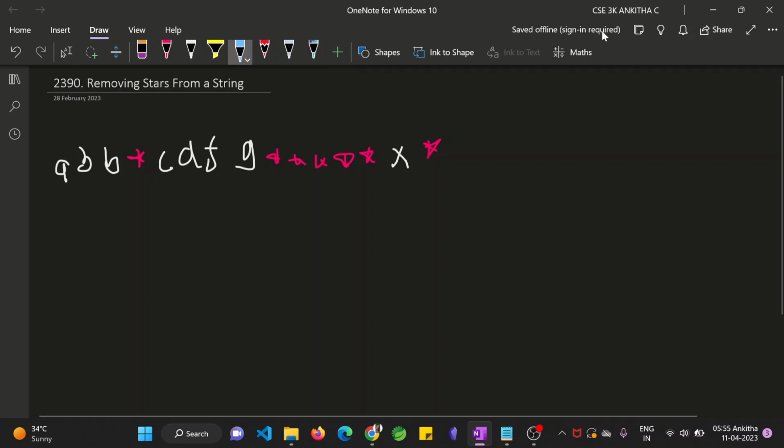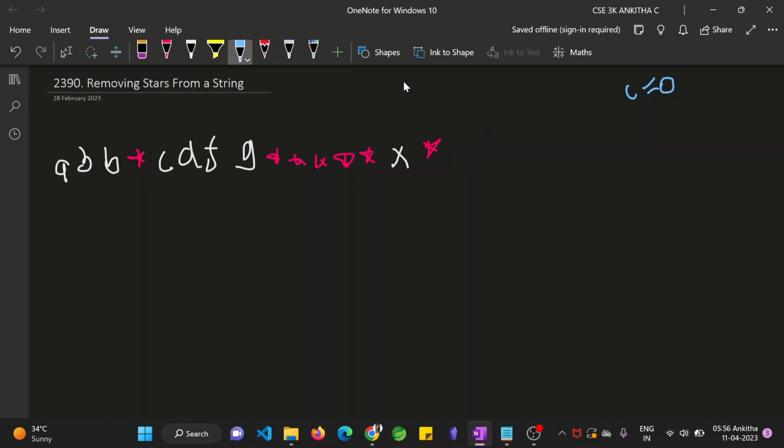So as I said, we need a variable called count, equal to 0 initially. One rule is if you encounter a star, you just increment the value of count. If you encounter a character, then you have to check whether count is greater than 0. That means there is some star before it that we have encountered, so we have to neglect that character. And if we found a character and count is not greater than 0, that means count is equal to 0, so there is no star remaining, and we just add the particular character